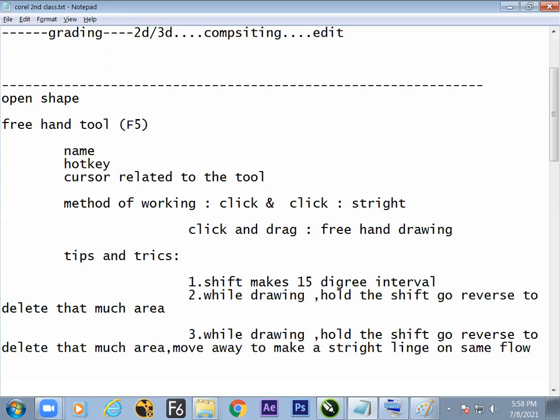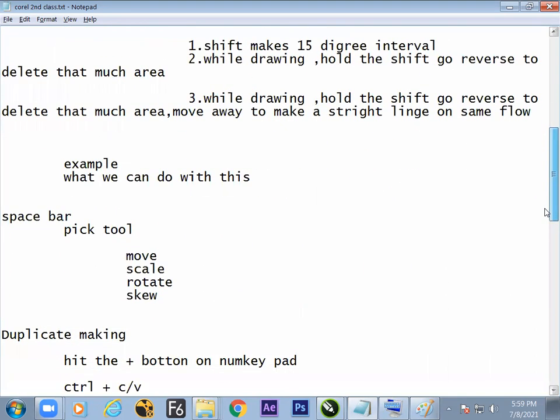My sentence may be wrong, but hope you can understand what I mean. No need to depend on this language. Write in your own language, because the next time I read it, I will be able to understand what I've written. Make notes in your own language, because that will help us in the practical, not this bookish language. This is my personal view, and it differs from person to person. So don't believe these notes, whatever is running on the screen.